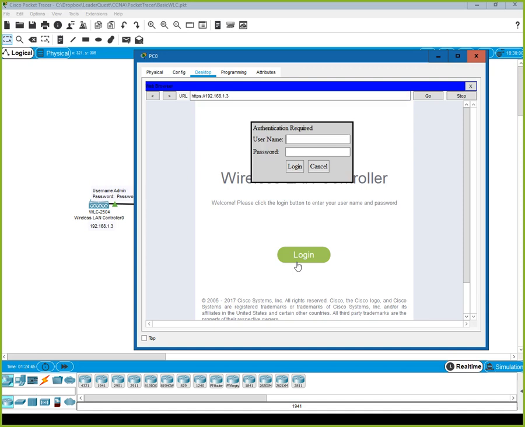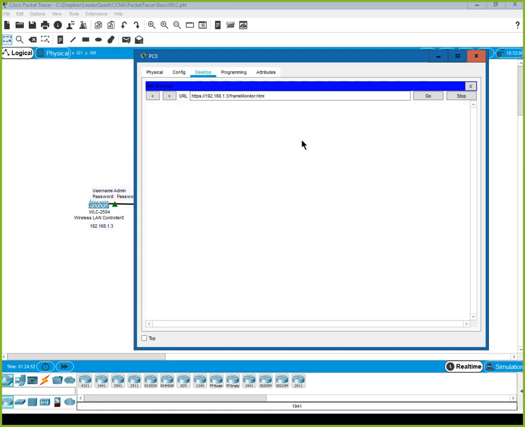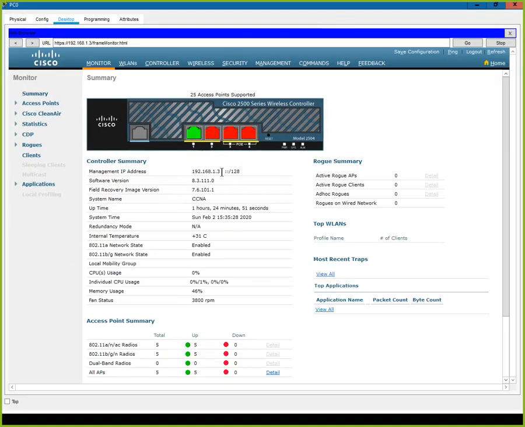The login is admin, and the password is capital P, password 1. Famous Windows 1. The 4 ports that are available on the wireless LAN controller, and if you look closely here,